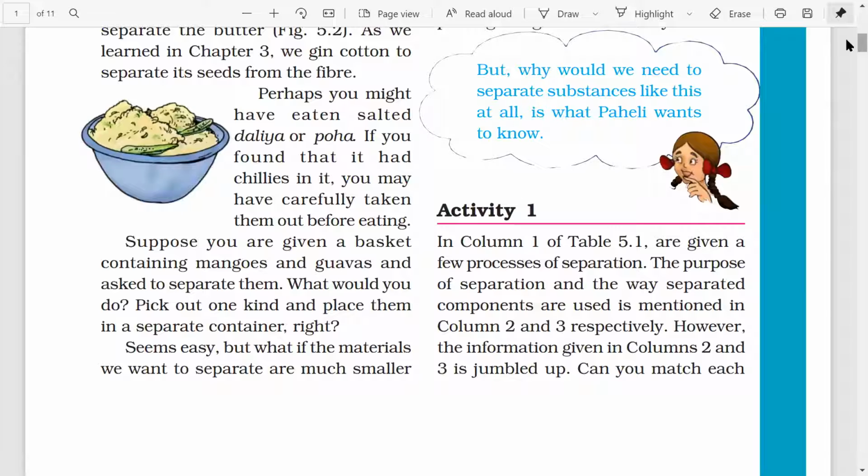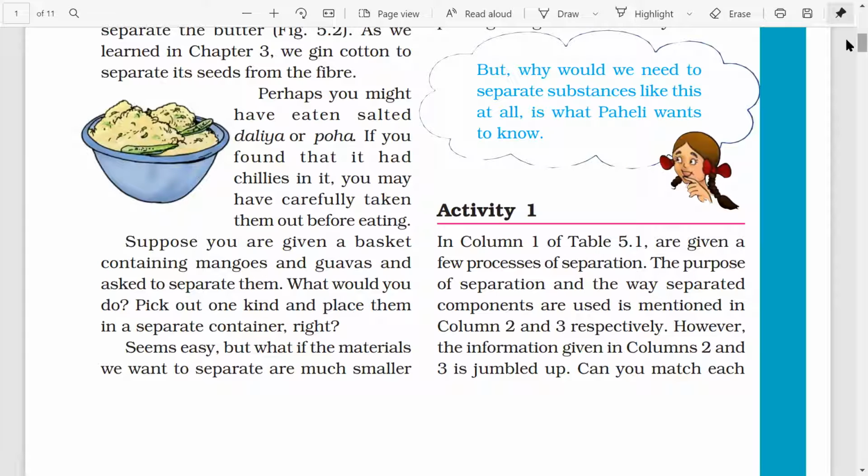Perhaps you might have eaten salted dalia or poha. If you found that it had chilies in it, you may have carefully taken them out before eating. Suppose you are given a basket containing mangoes and guavas and asked to separate them. What will you do? Pick out one kind and place them in a separate container, right?